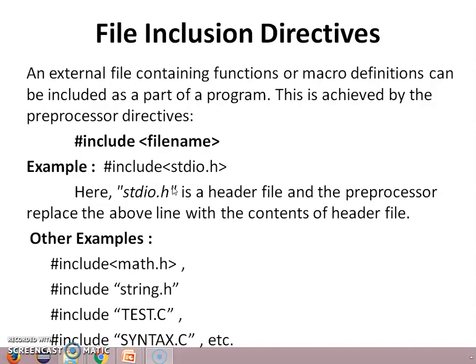So our file inclusion directive #include helps us to include the different files that help the compiler execute our program. As this is a part of the first year course, we will not go in depth into file inclusion directives.